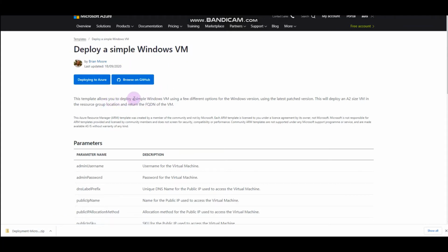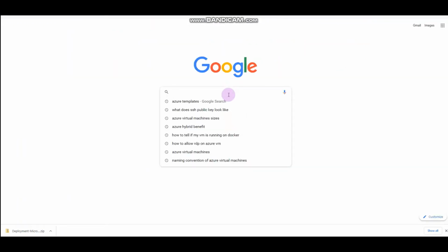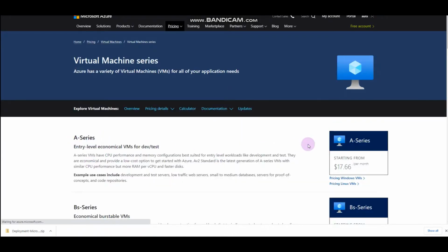Template allows you to deploy simple Windows VM using different options for the Windows version. Using latest patch version, this will deploy a 2 size VM and resource group location and a return to FQDN of the VM. Okay, so it says A2 size VM. What I'll do, I will just search for Azure virtual machine sizes, and virtual machine sizes A2. A series are